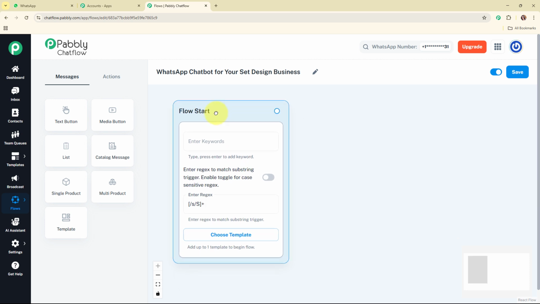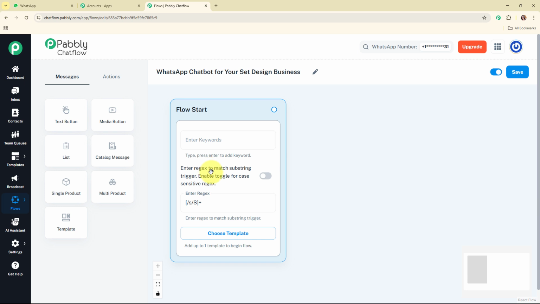Alright, so this was all about the flow start, and here I've set up my flow start. Now we are going to move forward with the connection. Once my customer sends any message on my WhatsApp chat, I want to automatically send a new message to my customer, a hello and welcome message with a question asking about the full name. For that, we are going to click on this action type, notes, and from here I'm going to